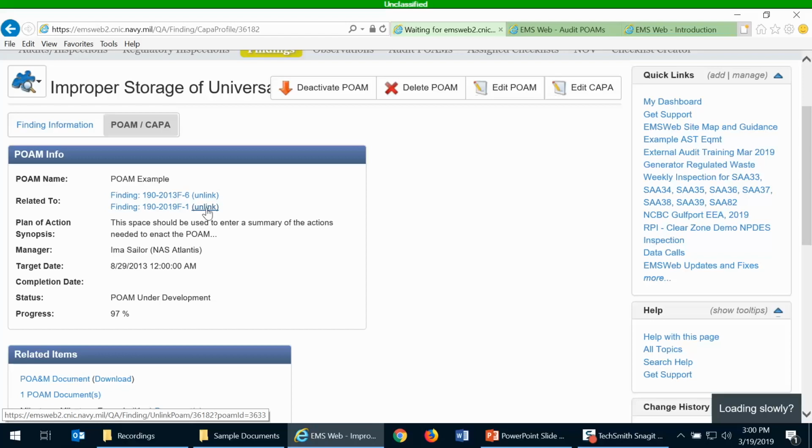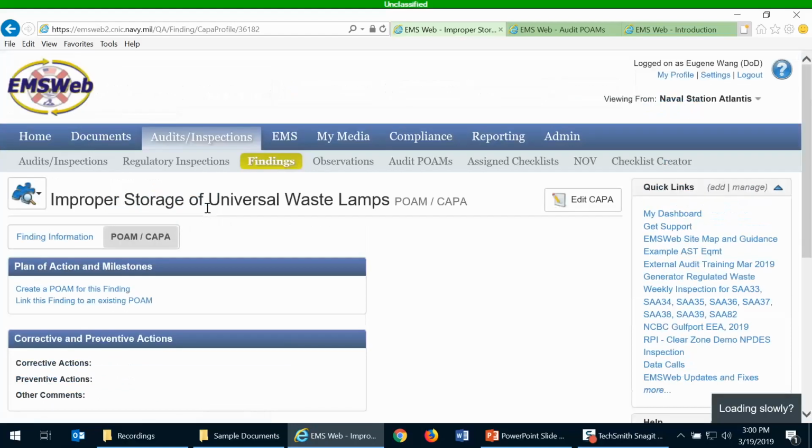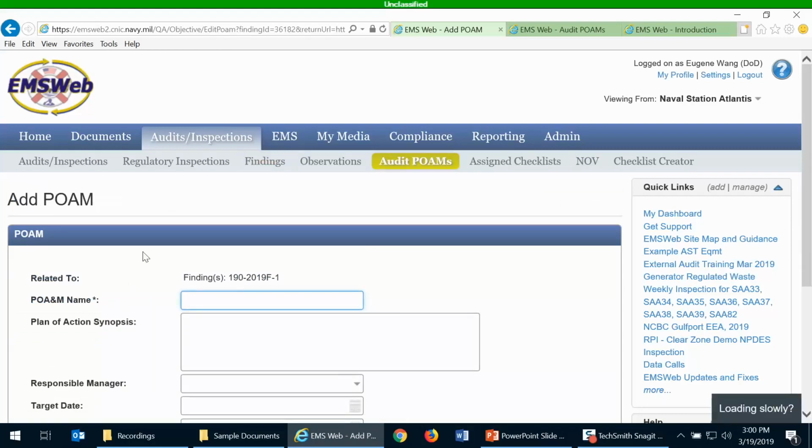Because this is not something we want users to mistakenly do, we limit it only to the organization administrators. Okay, so now for this improper storage of universal waste lamps, it no longer has a finding linked, or a POAM linked to it. So I'm going to create a POAM now from scratch for this